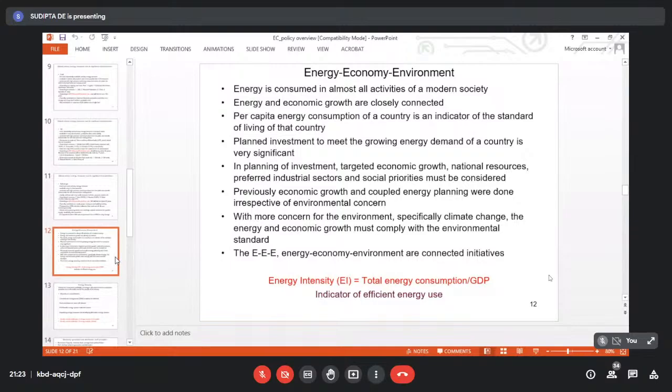Now coming up with the last item, which is put in red, that if you have energy conservation measures at the national level, how you can see, because in national level, one or two companies having good energy conservation is not an indicator. You have to have a national level indicator, how much is the overall improvement with respect to energy conservation.